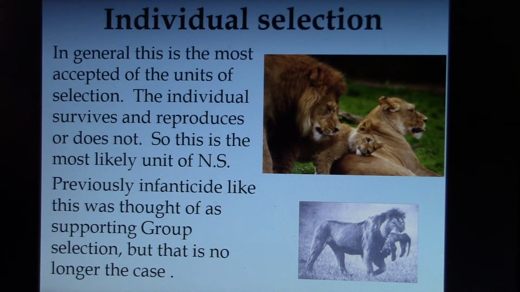Females that have babies within a certain period of time after he takes over, he kills those babies too, because they're not his. So she'll go back into heat, he will breed with her, and the new babies will be his. So that's him and his individual fitness. Do you see? He's surviving and he's reproducing, and he's not going to waste his time not reproducing because there's the previous male's offspring in the group.